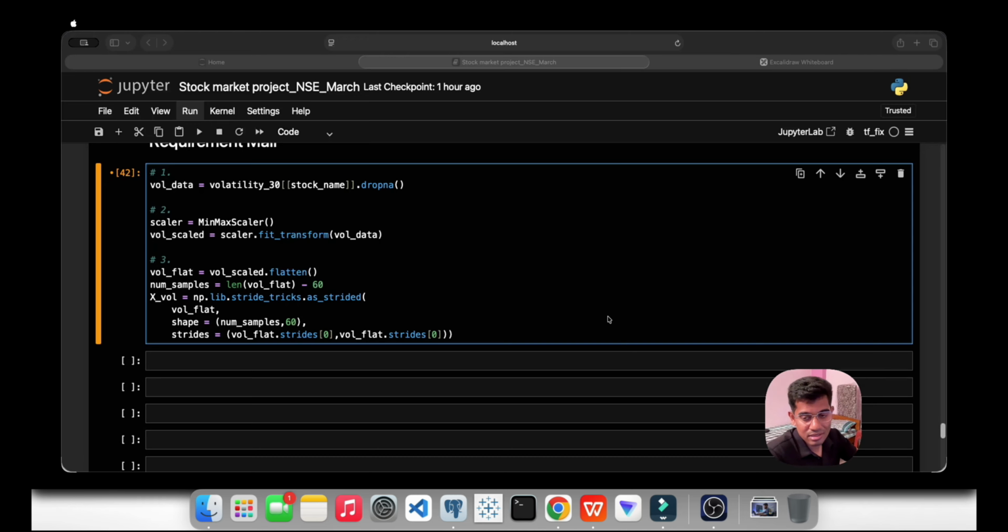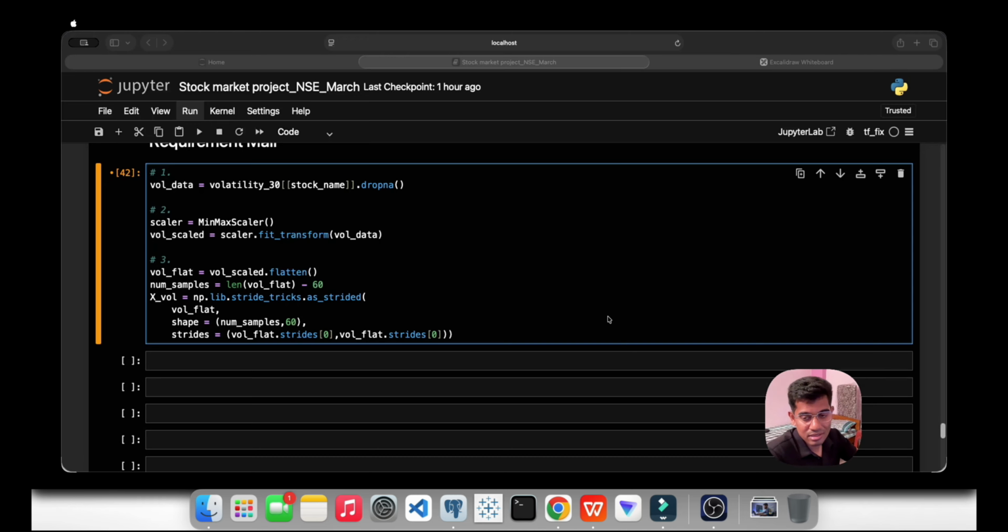Then I think we should compile the model. Should I compile the model right now? What do you say? That's what I'm thinking, whether model compile should be done or not. Okay, let's do the model compilation as well, in a normal way.